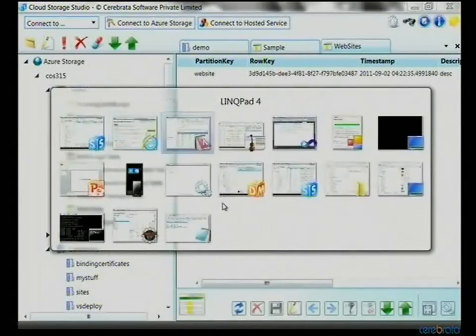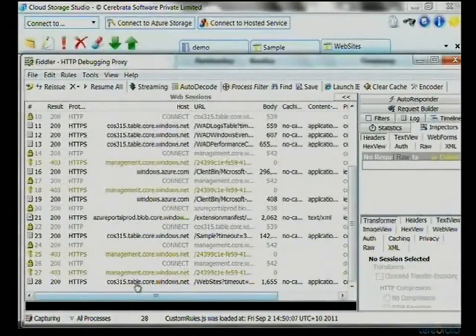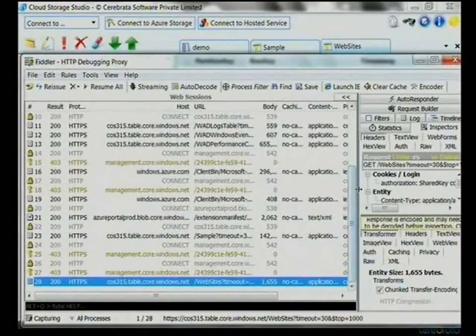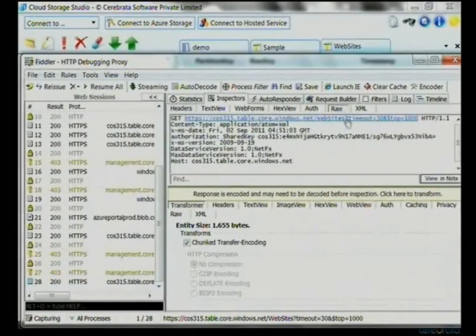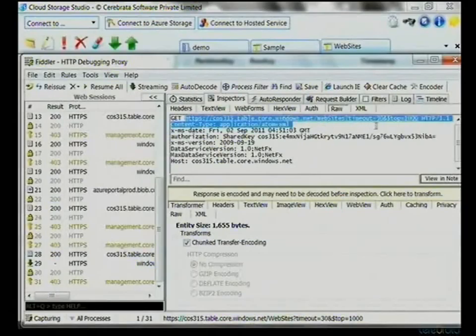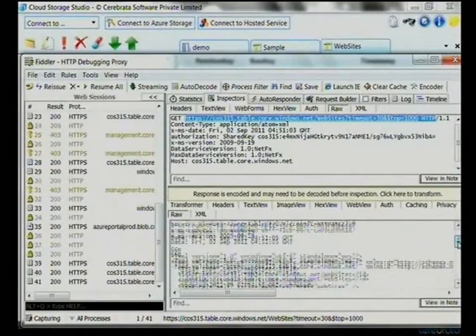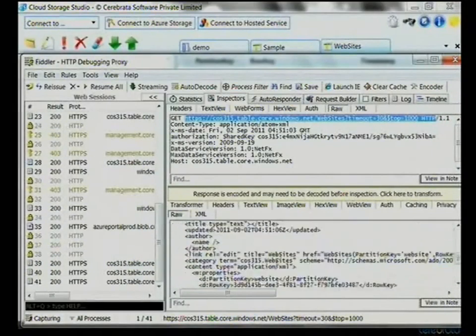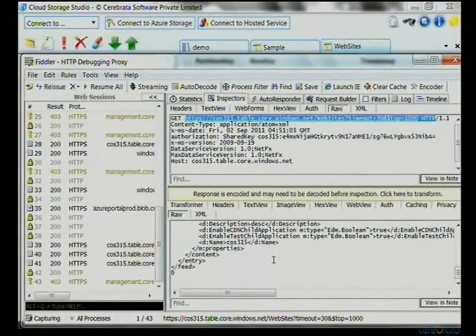And websites. If you go back to Fiddler, that'll basically show all the traffic that's been through it. That's basically the query. And you can look at the raw output that you got out of it as well. It's basically the XML data that was obtained. So I think that's a pretty good tool.